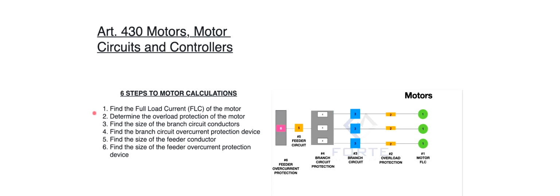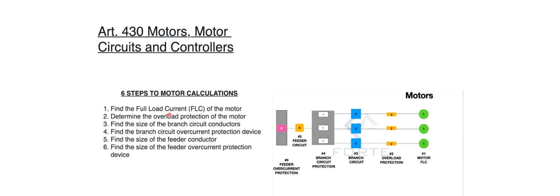But today, what we're doing is we're going back to 430.248, 250, back there to show you guys where the FLC is. Also, guys, when you see this FLC, because they use FLC and FLA, the only time you use FLA is determining your overload. But a quick cheat or reminder on where you need to go. If you see FLC, full load current, think of that as full load code. Full load code. And all that's doing is telling you, hey, I need to go look in the code book